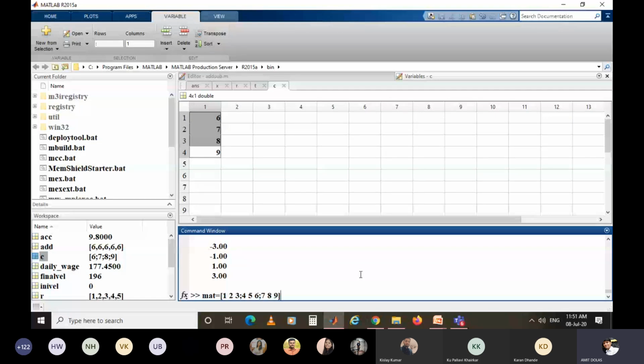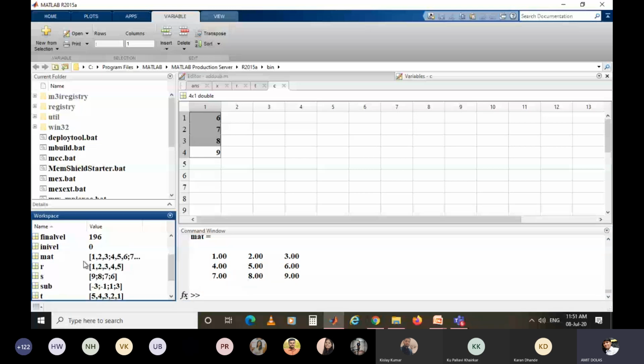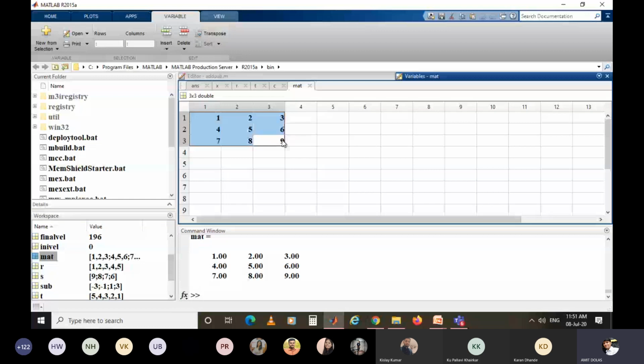If I enter, a matrix is generated from the row vectors 1, 2, 3, 4, 5, 6 and 7, 8, 9, and column vectors 1, 4, 7, 2, 5, 8 and 3, 6, 9. Similarly in the workspace, you can see a 3 by 3 matrix is created, with 3 columns and 3 rows generated with the specified elements.